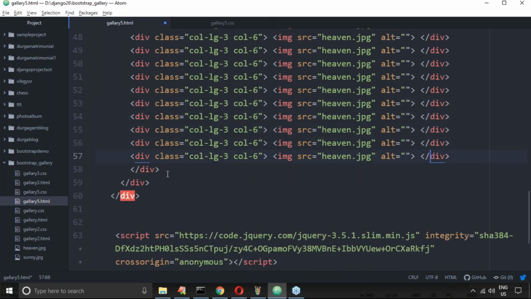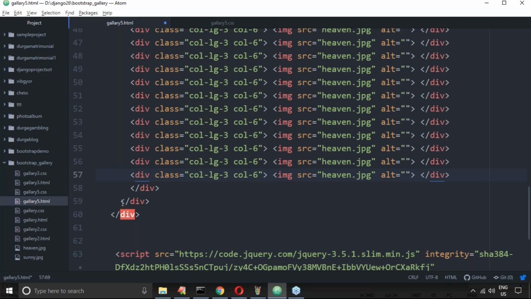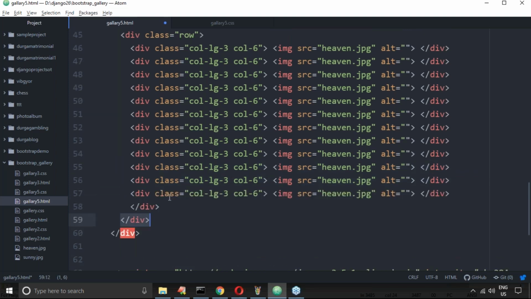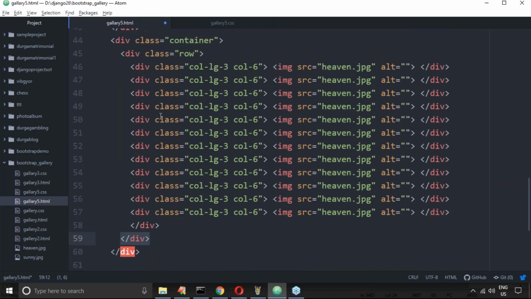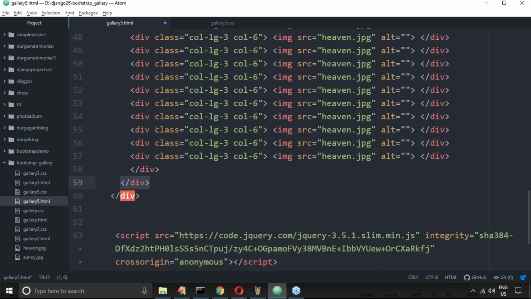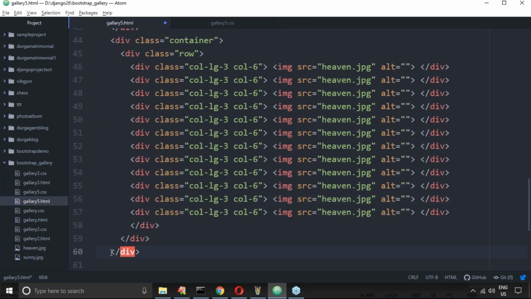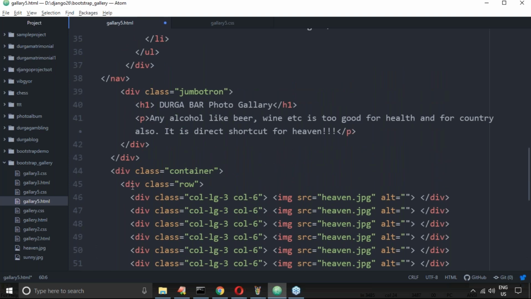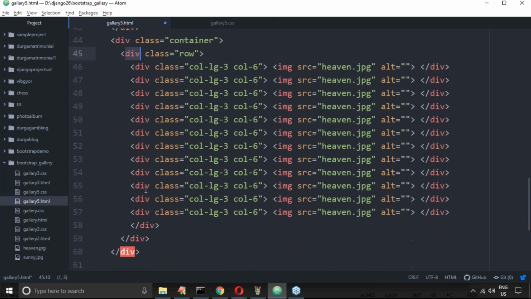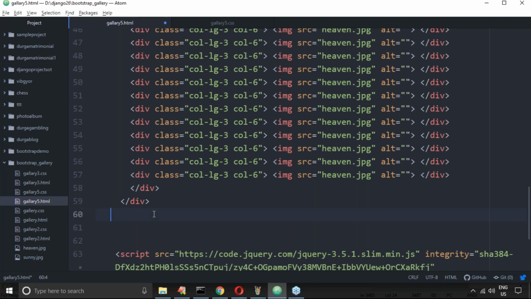Correct. One extra div came. Div class row. Why is this one coming? Div class container, only these two things are enough.